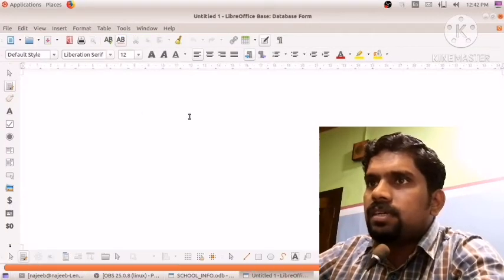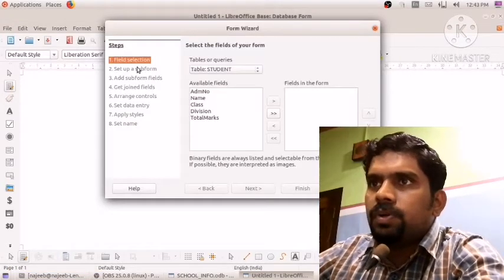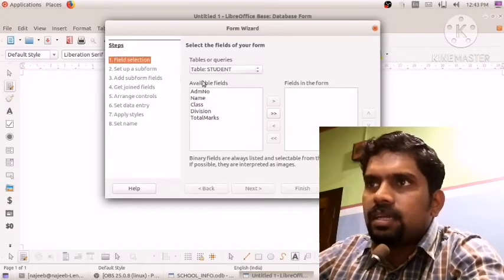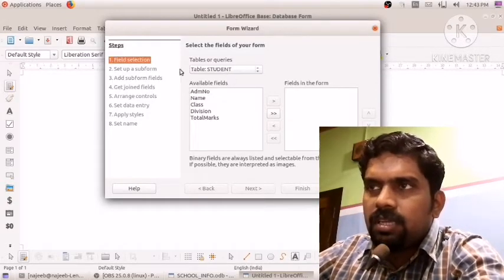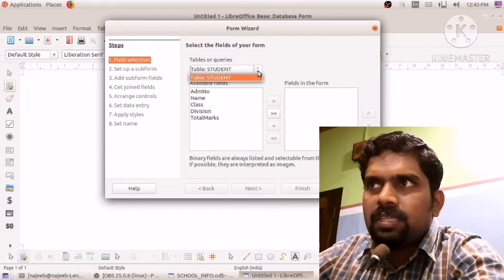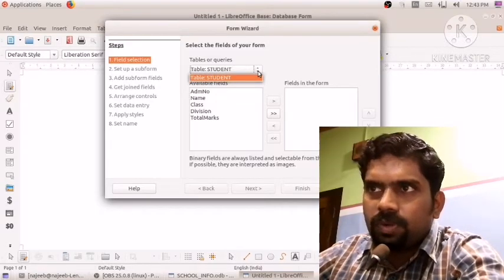After that it will display a window. Here 8 steps are there. We have to select the table first. Here we have only one table, that is student. Otherwise this list will display different tables within the school info database.